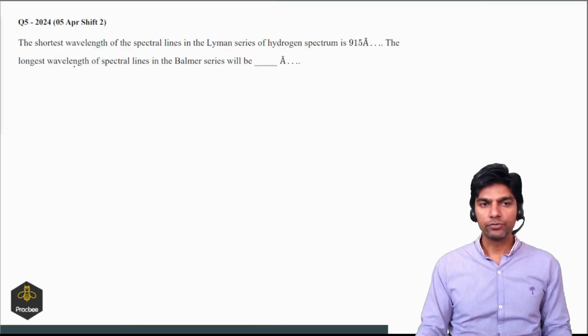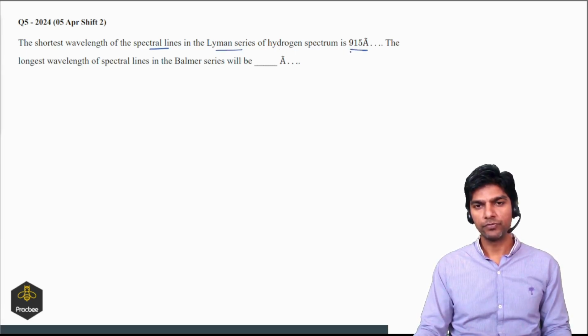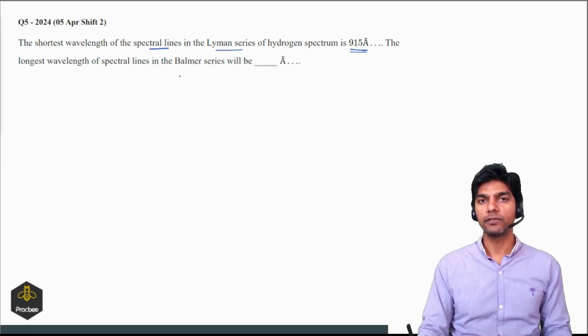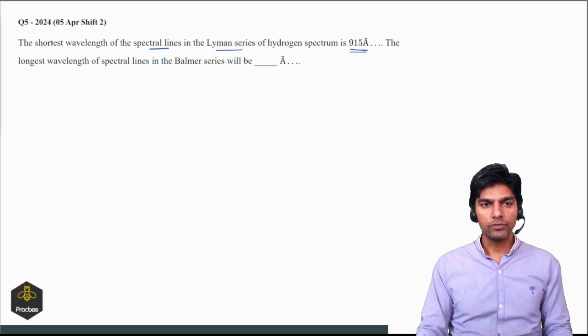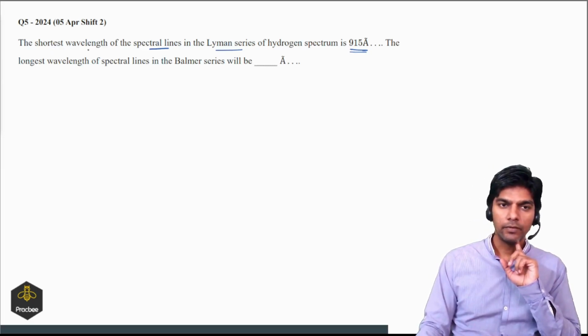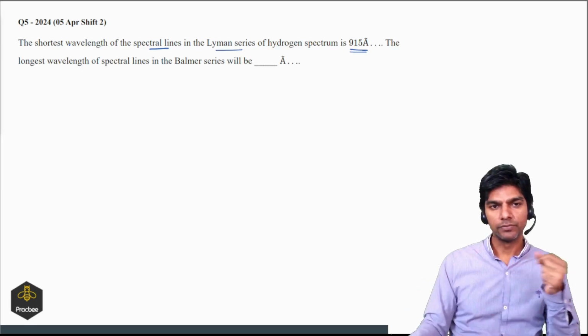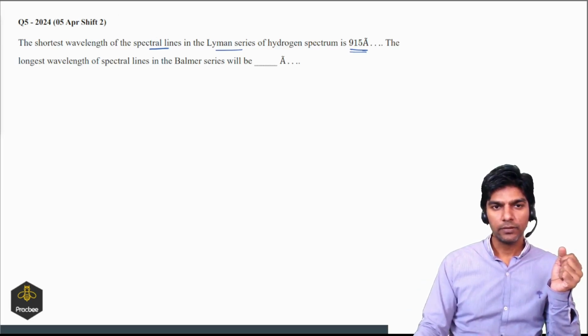Now let us see the next question. The shortest wavelength of spectral line in Lyman series of hydrogen atom is 915 angstrom, and we need the longest wavelength of spectral line in Balmer series. So the shortest wavelength in Lyman series is given, and we have to find the longest wavelength in Balmer series. When do we have the shortest wavelength? When the energy gap is maximum. In case of Lyman, the shortest wavelength will come when the transition happens